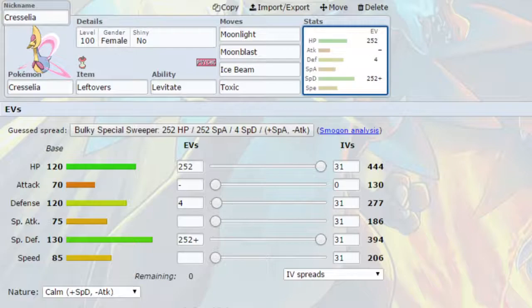I didn't mention the ability. The only ability it has is Levitate, and Levitate is a fantastic ability. It gives you a ground immunity, and also immunity to things like Stealth Rocks as well. No, not Stealth Rocks, Spikes. Spikes and Toxic Spikes are the immunity. You obviously do get hit with Stealth Rocks, but not from super effective, so it only does like 12% damage,